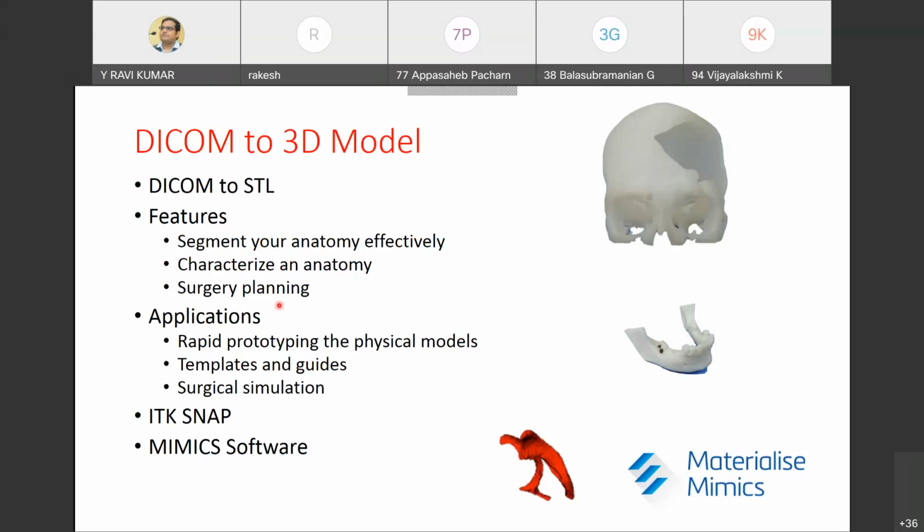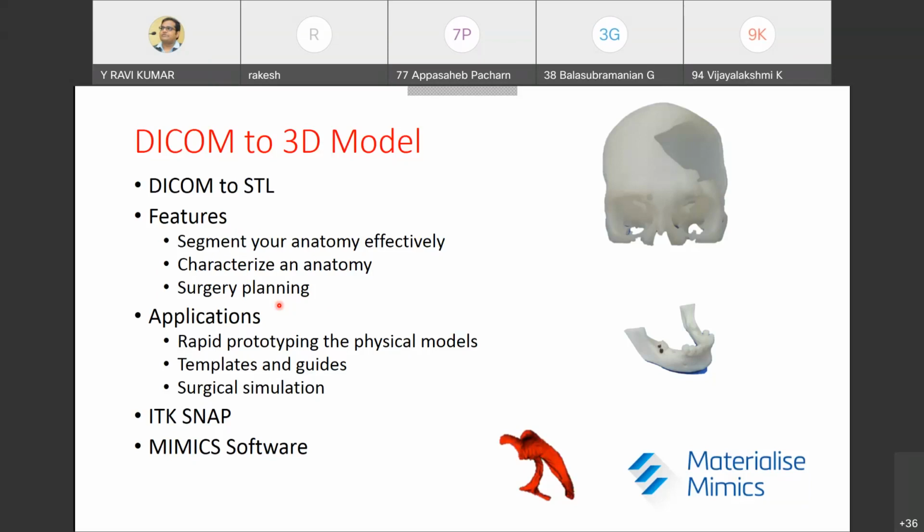And we have very good applications here, like visualizing our physical models and how they are. In CAE, computer-aided engineering, as Gagan explained in his presentation, we can study how the femur bone is subjected to loading, and how the mandible, our jaw, experiences forces whenever we are chewing. That kind of simulation can be done.